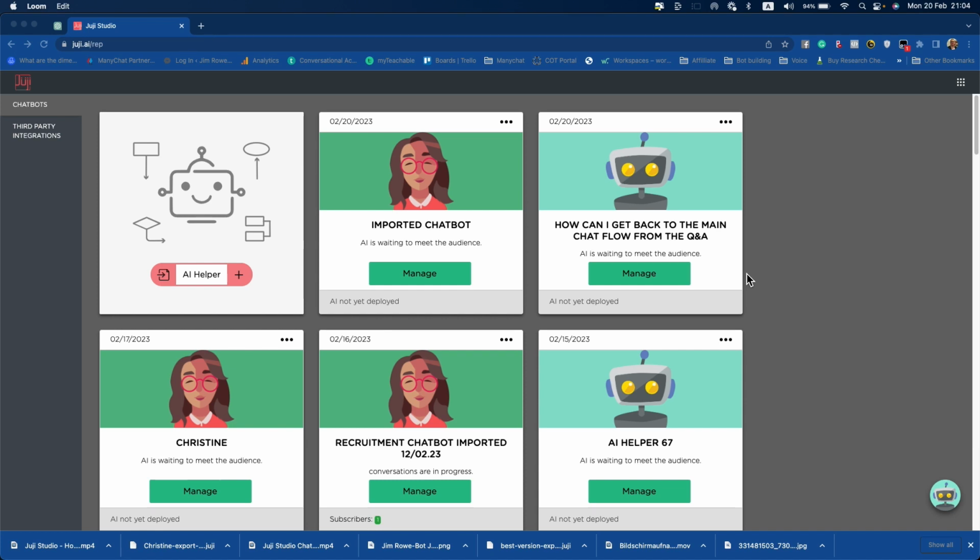Because it's so quick and easy to create fully functioning, intelligent AI chatbots with Juji, you will find that the number of chatbots you have built can become unwieldy. The ability to delete test bots, previous clones, and bots that are no longer needed helps you stay organized and